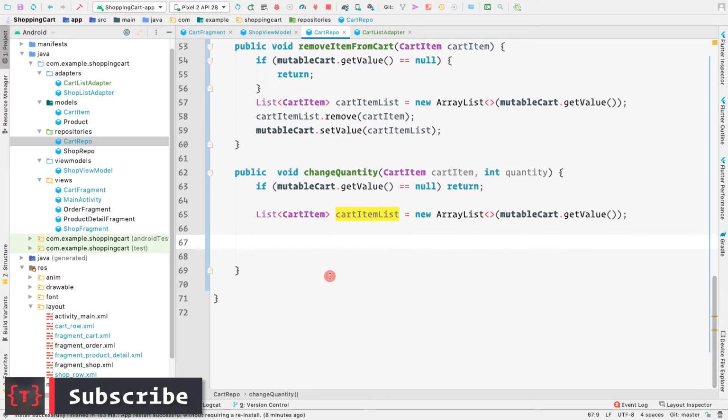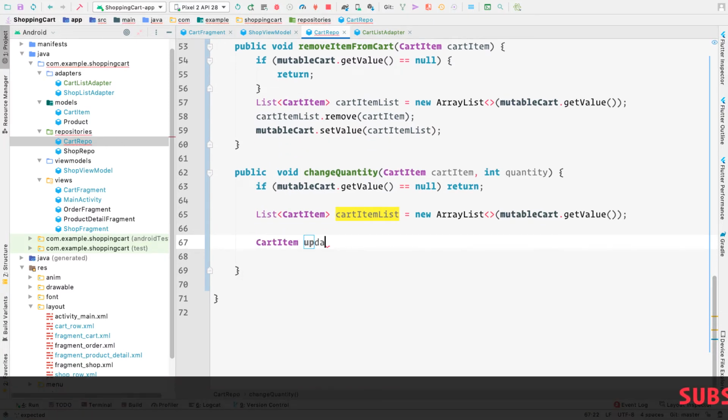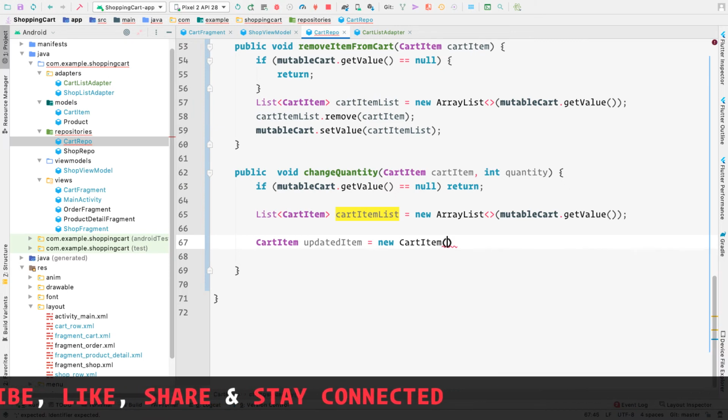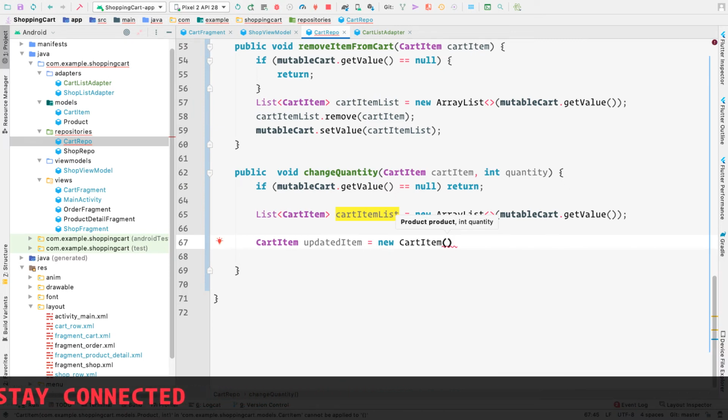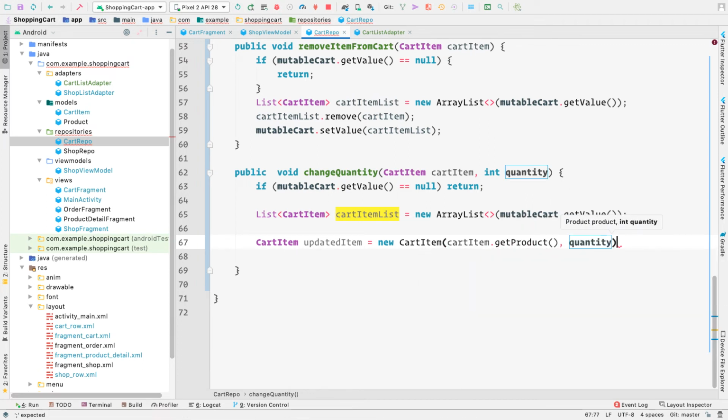So let's create a new CartItem, let's call it updatedItem, equal to new CartItem, and the product would be cartItem.getProduct, and the quantity would be the quantity that is coming as a parameter.